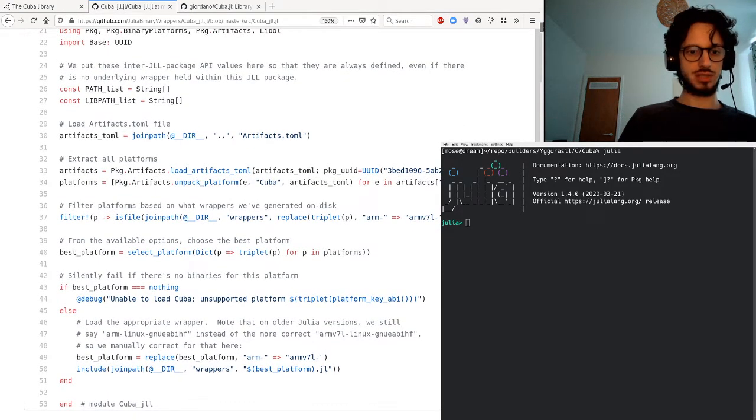Then there are some other operations, and here the JLL package is trying to guess what's the best platform for the user. Based on the real platform where this package is running, it will try to find the platform listed in the Artifacts.toml file that is best matching the current platform. If it can't find anything, it will return nothing, and you'll get a debug message saying that it was unable to find a corresponding tarball for the given platform. Otherwise, it will include the wrapper